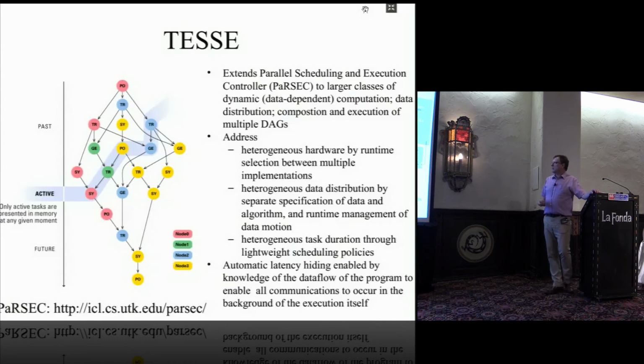So PaRSEC is basically the DAG-based task-based runtime engine that sits beneath the next generation of parallel linear algebra. The motivation for the project was saying, hey, this tool has demonstrated great success in linear algebra. It's going to be everywhere. It's going to be maintained and grow. And so what we want to do is work with them to extend what they do to be more relevant